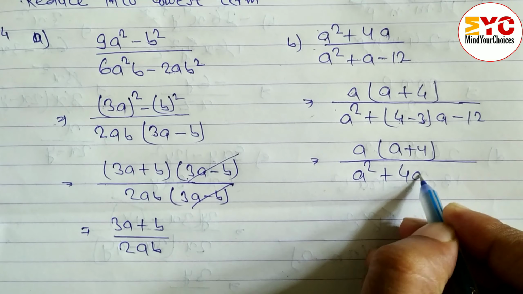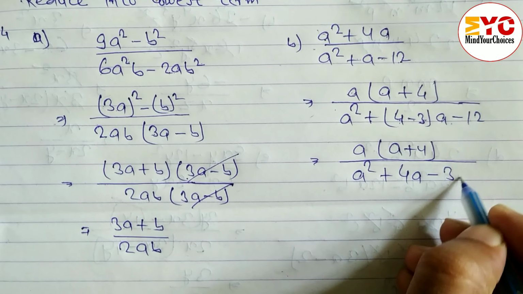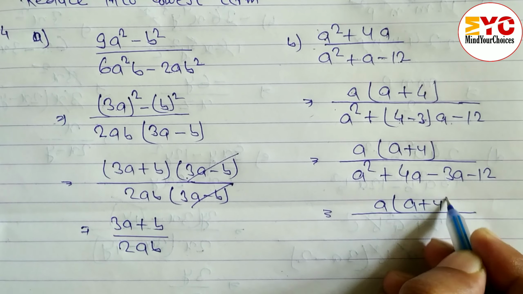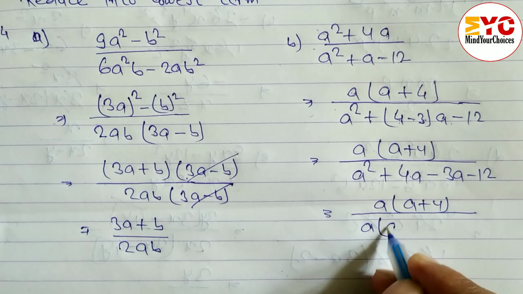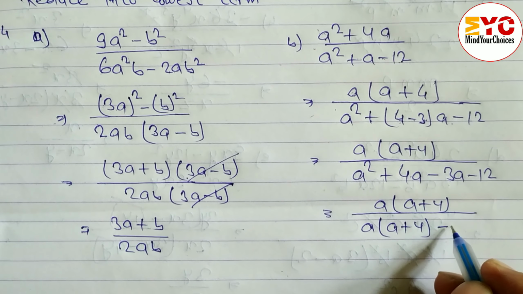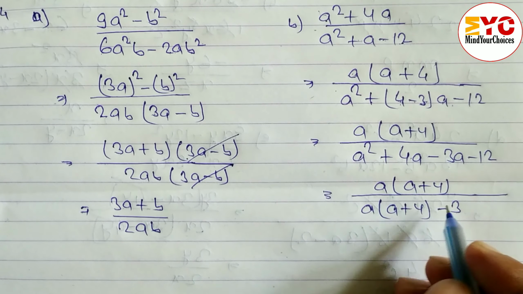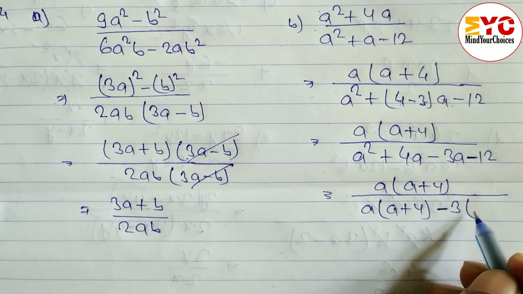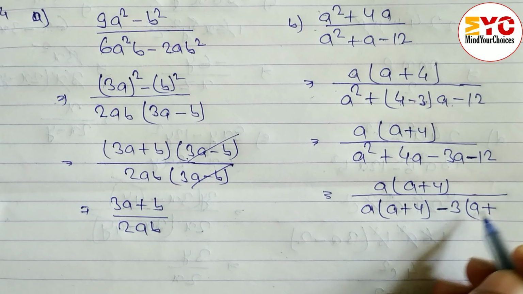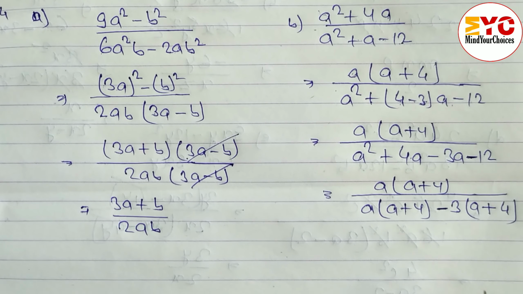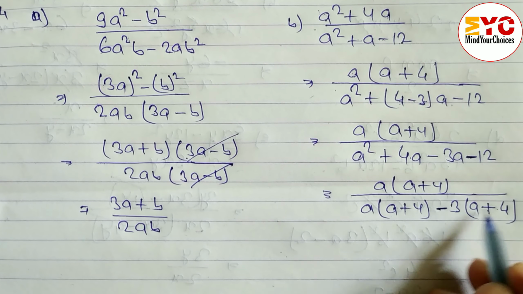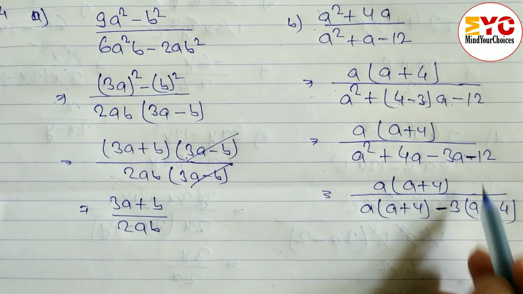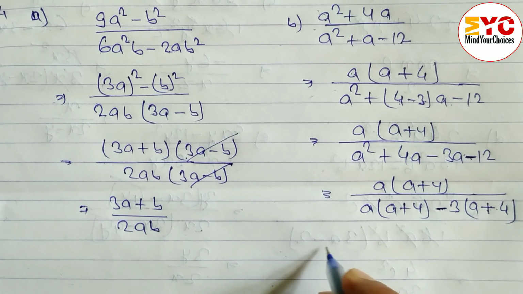From now let's open the bracket. 4 into a, 4a, plus minus 3 into a, 3a, minus 12. After this, a plus 4. From these two terms we have to take common. Common is a, remaining a plus 4, minus, from here we have to take common 3, and I told you before also, when minus is common we have to change the sign. In the place of minus we have to write plus, so here a, and 3 into which number? It will be 12. 3 4s are 12. Why do we have to write plus? Because when you open the bracket, minus plus will be minus only. So when you take minus common we have to change the sign. If minus we have to write plus, if plus we have to write minus.